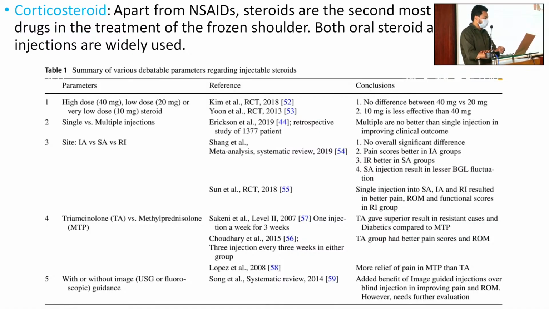Sir, intra-articular, subacromial and rotator interval. Intra-articular,